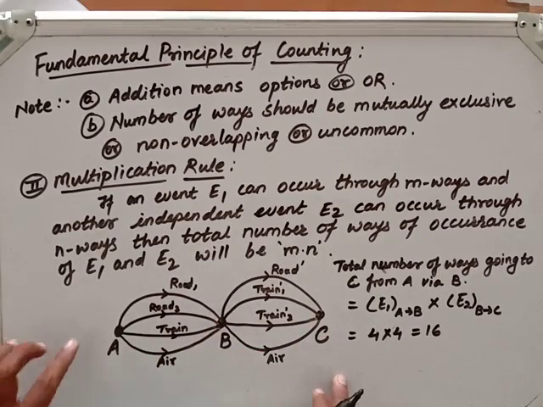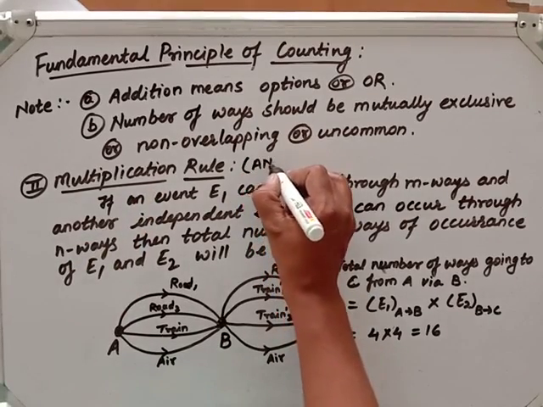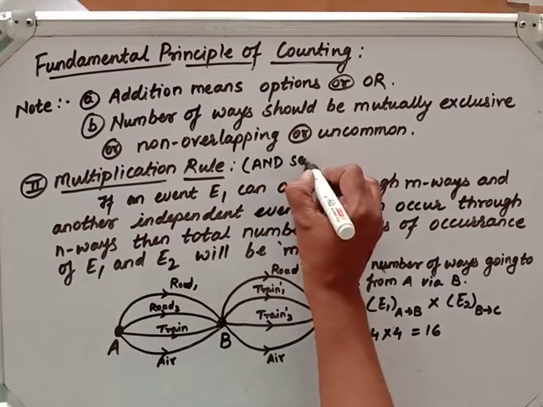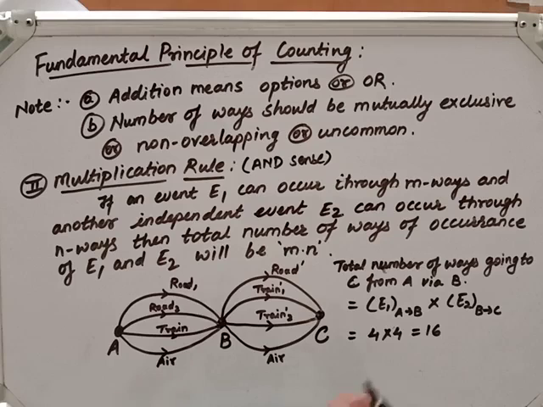16 ways. So here, the multiplication rule has the sense of what? Wherever there is the multiplication rule, there will be a sense of "and". Suppose I have a question: number of ways of living